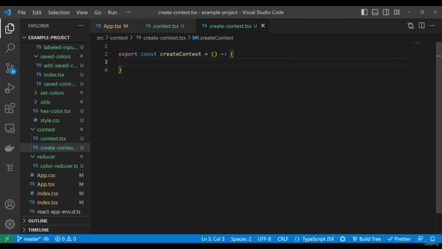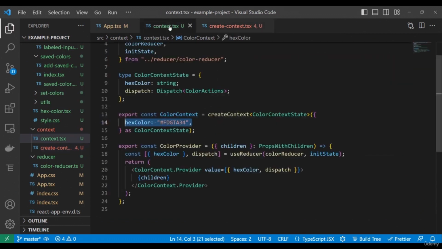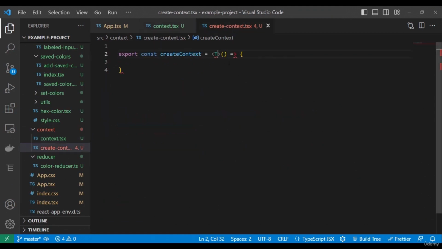So the first step is definitely to give it a generic. Before the parentheses, you simply need to give it the T or C or whatever, it's just a letter, a convention. As you can see in here, whenever you want to create a context, you need to give it an object like this, which can have several key values like hex, color, dispatch, and so on. The first thing, we want to make sure that T is not undefined or null or never. We want to make sure that it is at least an empty object, so we can do some checks on that. All right, so we are going to say extends